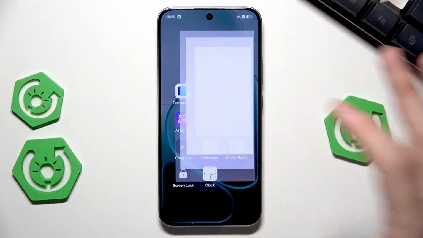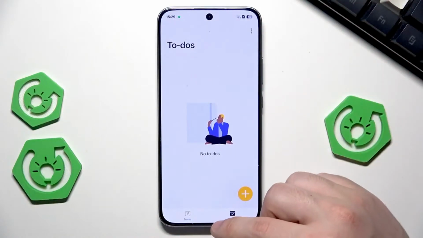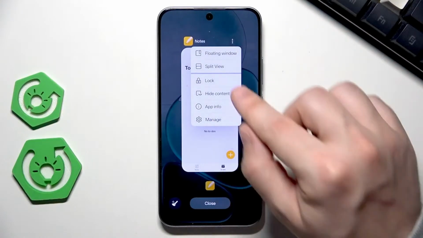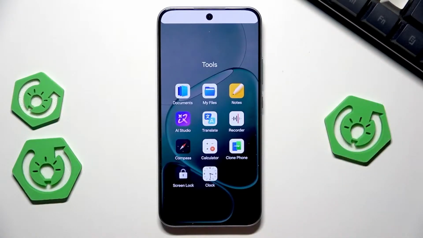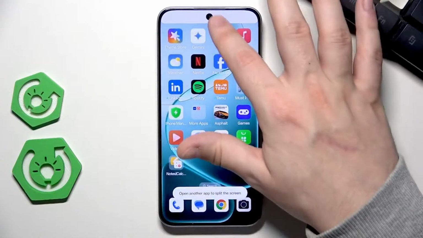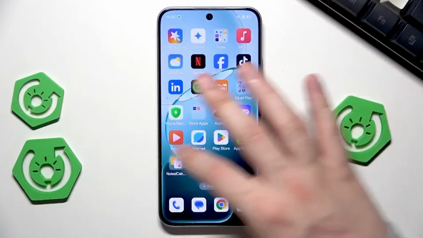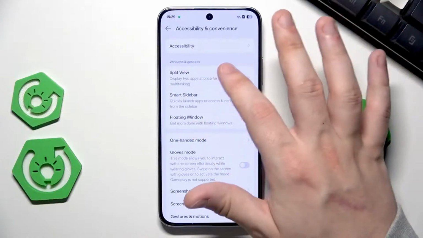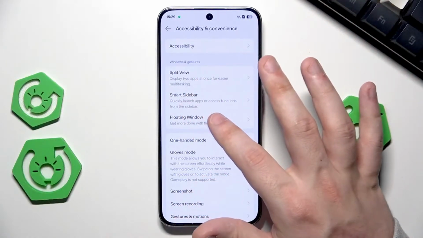Let me also show you how you can enter it from the recent apps. Simply click on those three dots and select the split view. Really useful thing. Okay. Now let's get back into the settings, accessibility and convenience, and now let's go with the